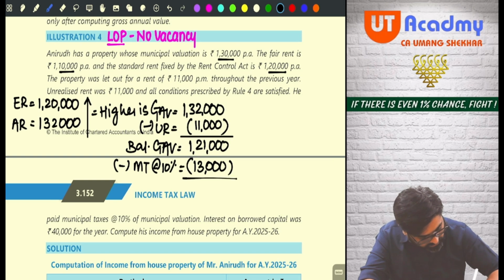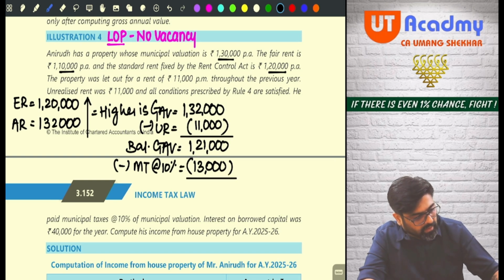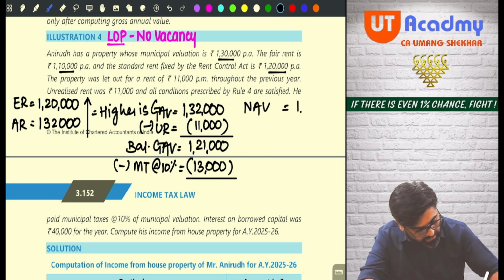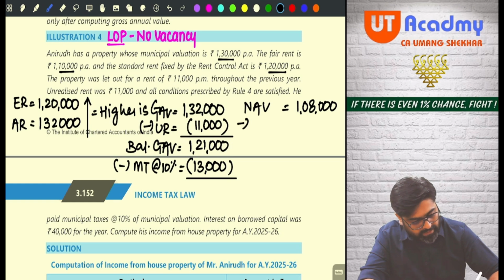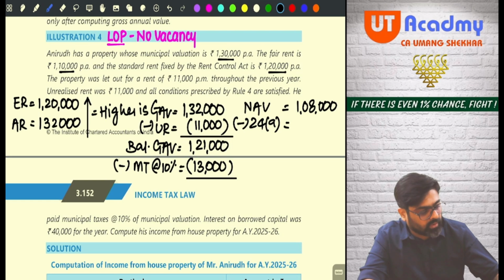So reduce this 13,000 out of 1,21,000. You will get 1,08,000. Can I say my NAV is now 1,08,000? Now I will get two deductions out of this. One is 24 clause A, standard deduction. Yes or no? 30% of 1,08,000. That amount will be